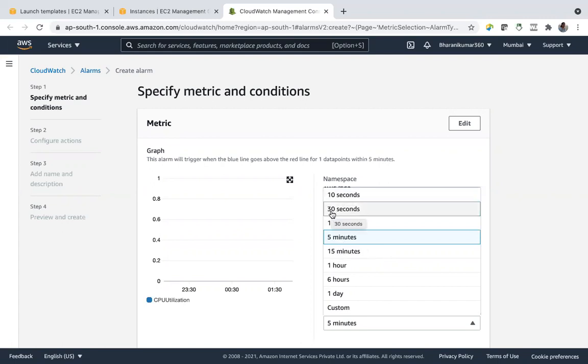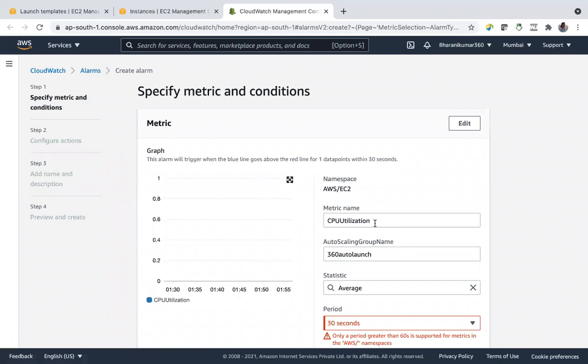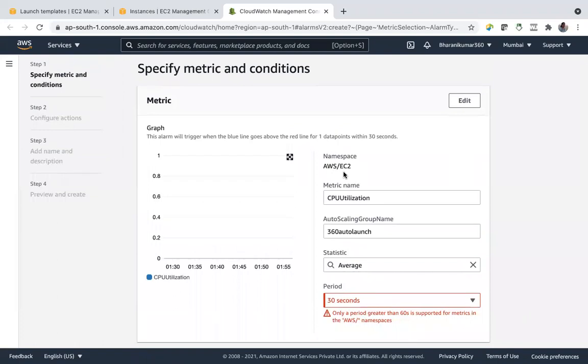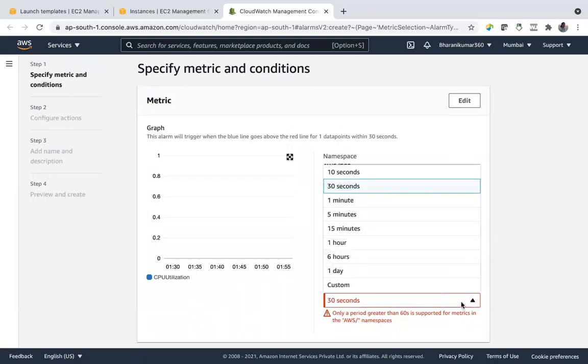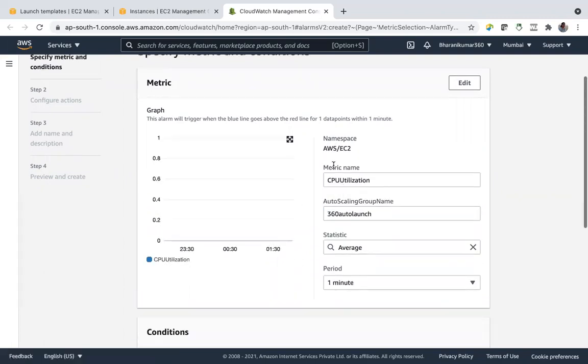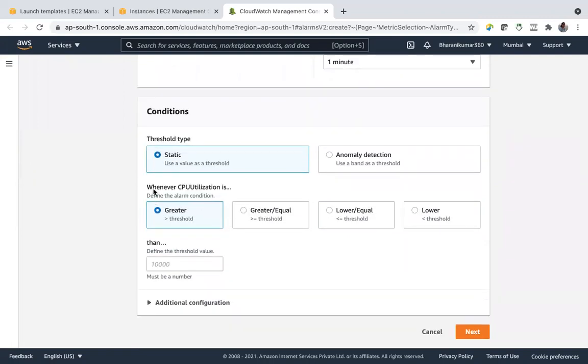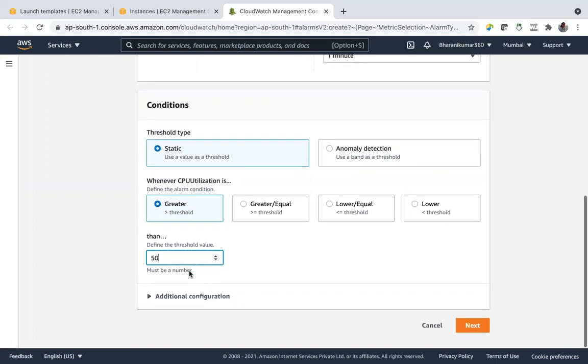So let's use 30 seconds for now. So it has to be greater than 60 seconds. So let's say 1 minute. Static. Let's say when CPU utilization is greater than threshold. Threshold value, let's say 50% only.